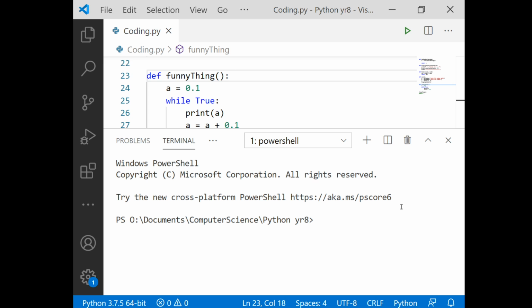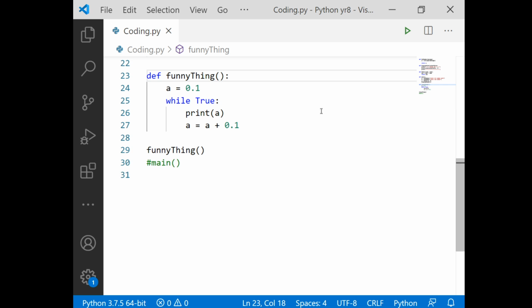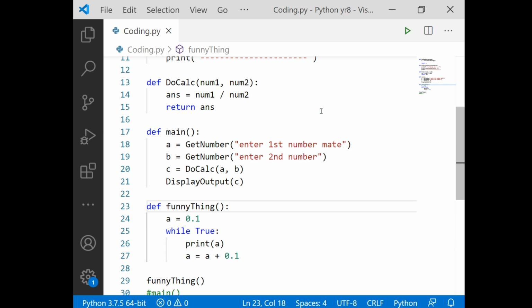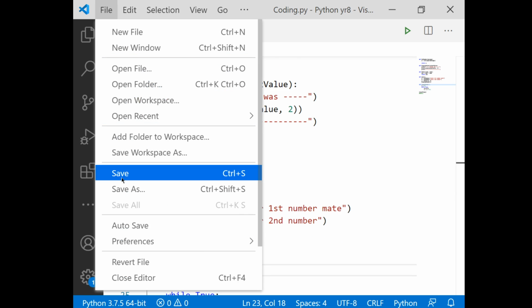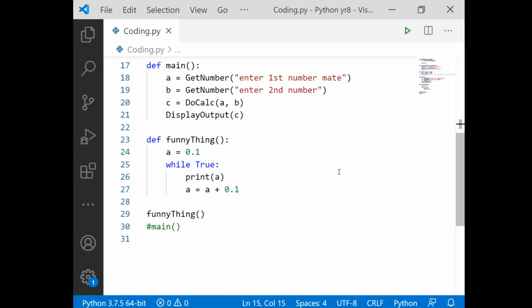If I'd have written that program when I was doing A-level computer science, on a computer that I was using, that was it. I'd have had to turn the whole machine off and lost everything. But actually, what's quite cool here is Visual Studio Code has still got all my code. Even though I didn't save it, it's kept it. So I am actually going to save that. Should have saved it.